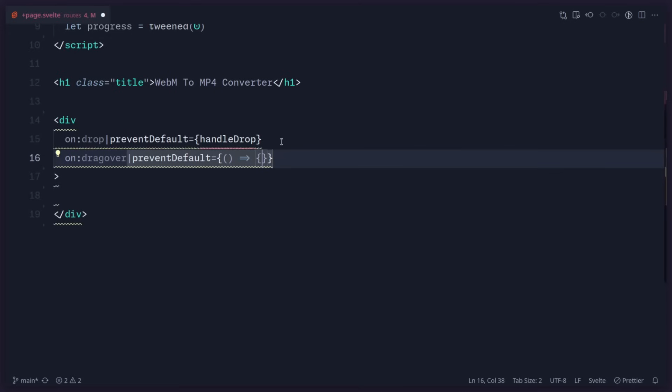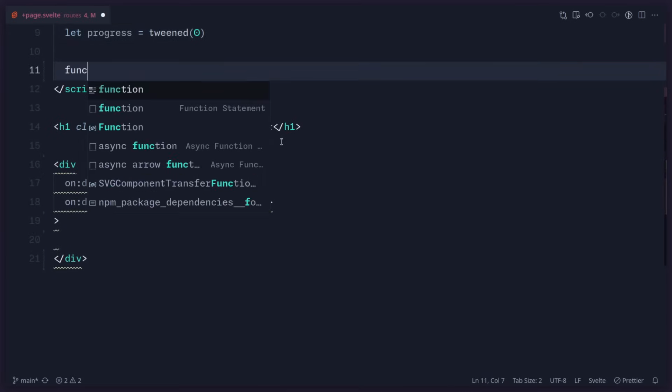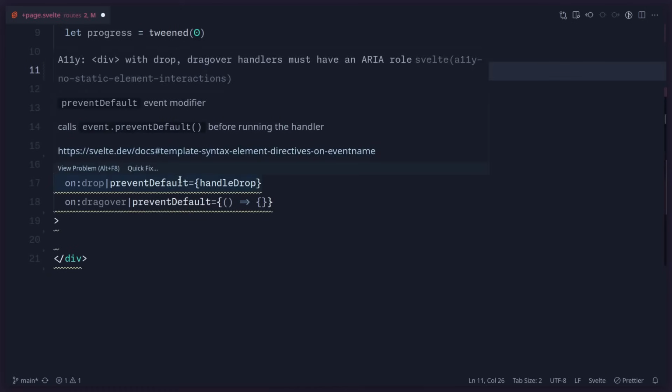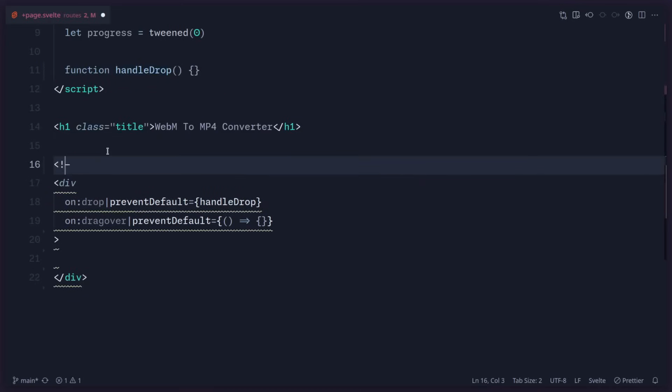So that's the default behavior. And let me just create this function here. It doesn't complain. We can say handle drop. And now as you can see, if we hover over it, it's complaining about some ESLint rule, which I really don't care about right now. So I can copy that lint rule. I can go here, I can create an HTML comment, and I can say svelte ignore, and I can paste